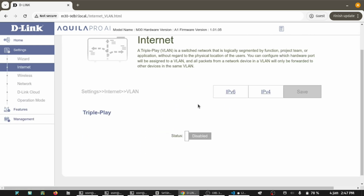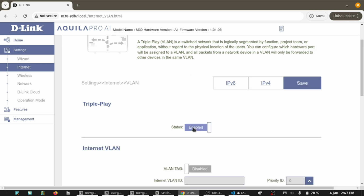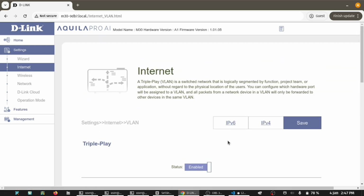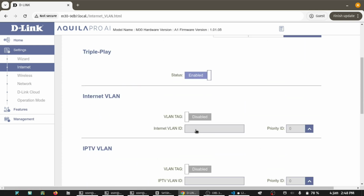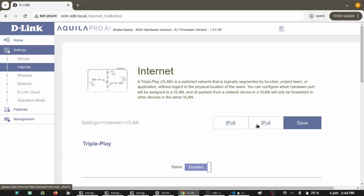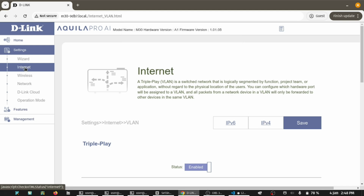Interestingly, it supports VLANs for doing things like sending TV services over on a different VLAN and going out of a different port. So you could have it, for example, that your ISP has configured this so that the TV is on port 4 and they bring it in through a VLAN or a tagged packet on the WAN port. However, going back to internet,